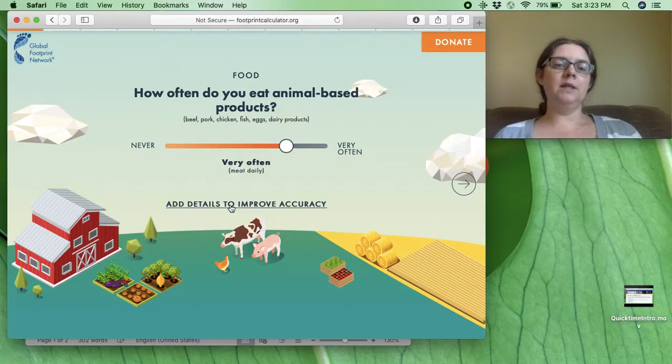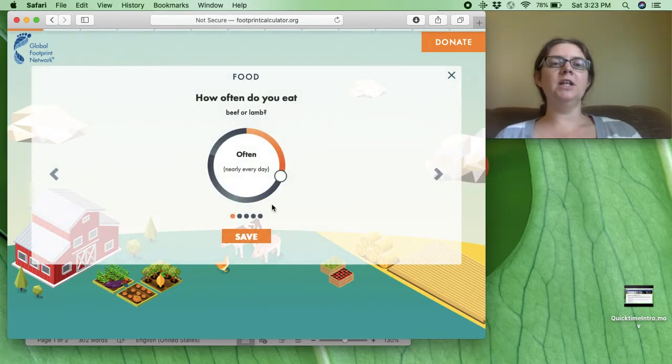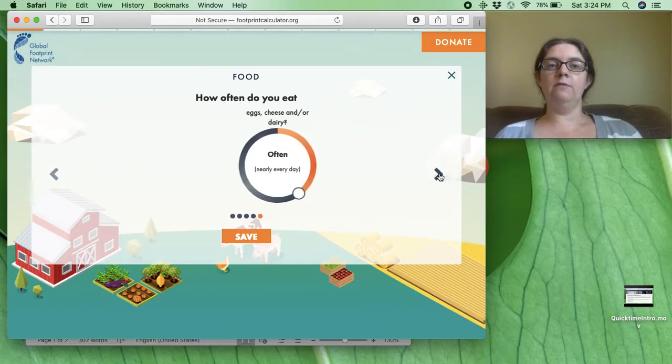However, on all of these, or most of them, there's going to be this link that says add details to improve accuracy. I want you to click on that every single time. So here, it's going to ask you how often do you eat beef or lamb? And then you'll go to the next one. How often do you eat pork? How often do you eat poultry? How often do you eat fish or shellfish?